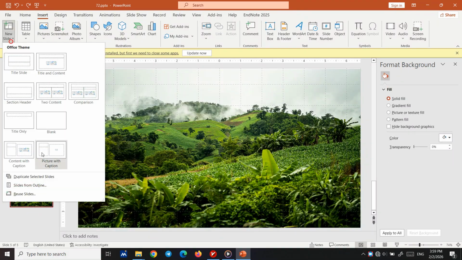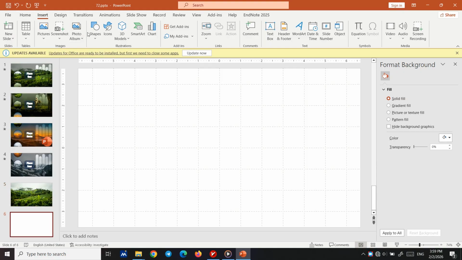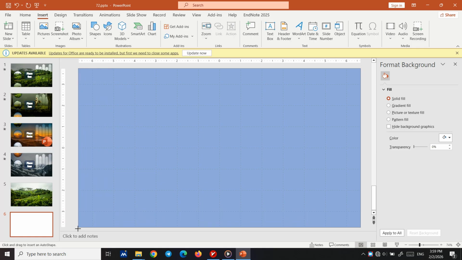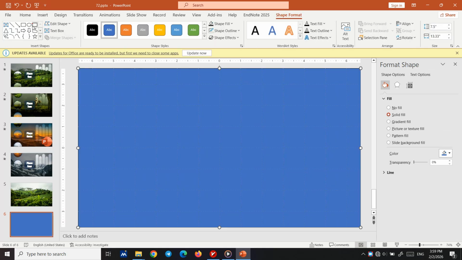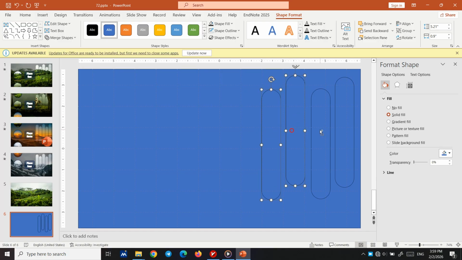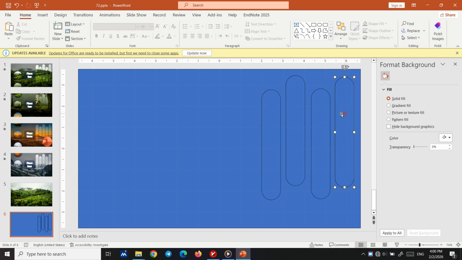You create a new blank slide, and in the slide you create this thing and insert the shapes the way you want. For example, one here, then rotate it if you want or not. 1, 2, 3. The alignment is up to you, and then select all of them and set fragment. Then delete this thing